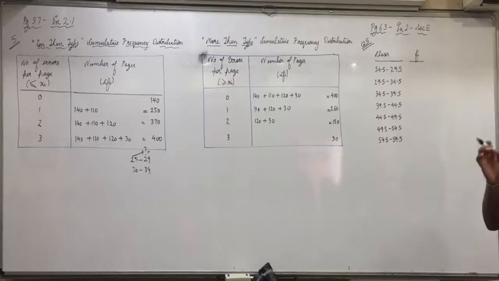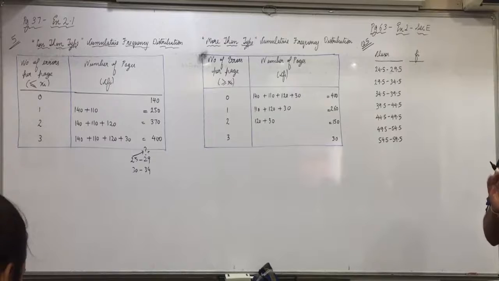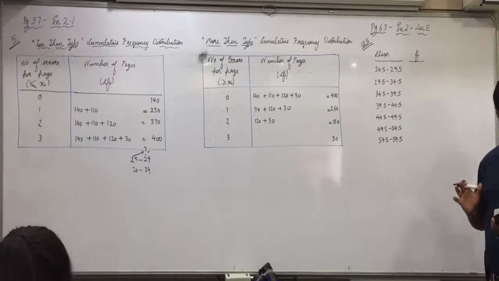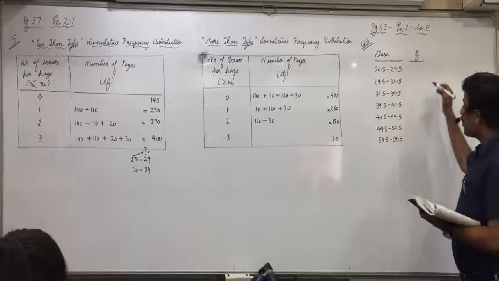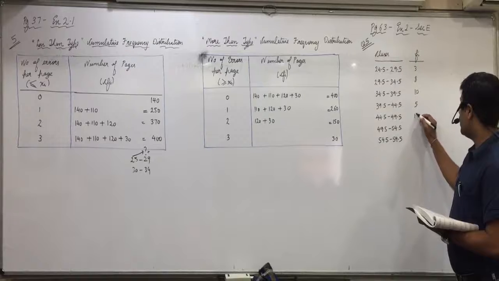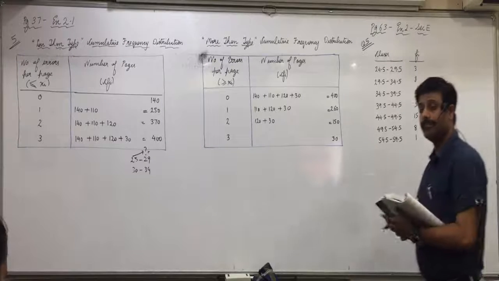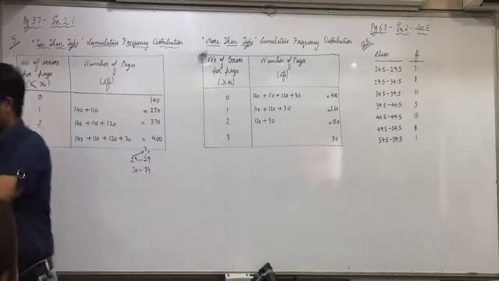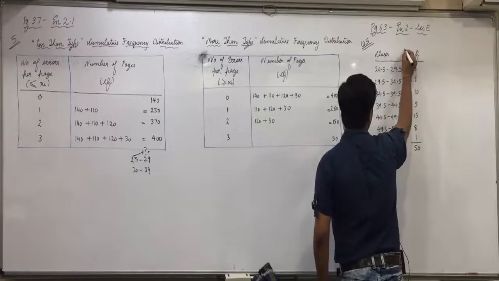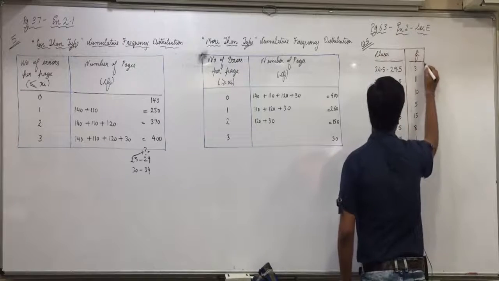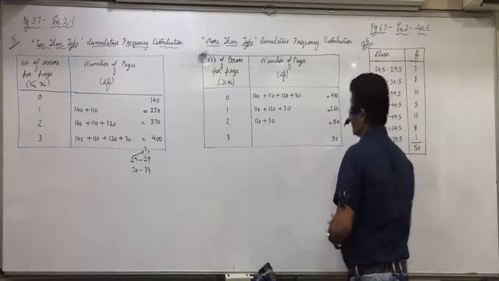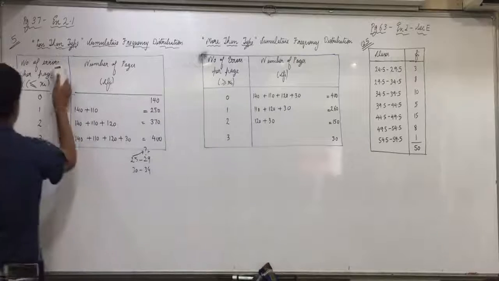Understood this? But when can you do this 0.5 rule once again? Only when there is a gap of 1 between the upper limit and the lower limit of the next class. Then only you can do this. Okay? Now the frequencies are 3, 8, 10, 5, 15, 8 and 1. Total is 50. This is exclusive frequency distribution. Now from this we will convert it into less than type and more than type frequency distribution. Okay? So after this give the heading less than type frequency distribution.